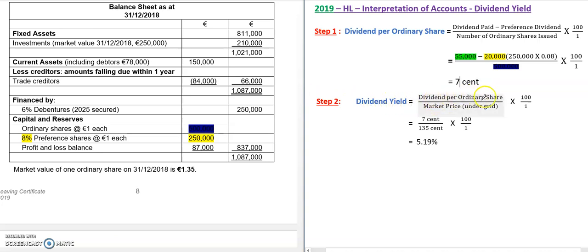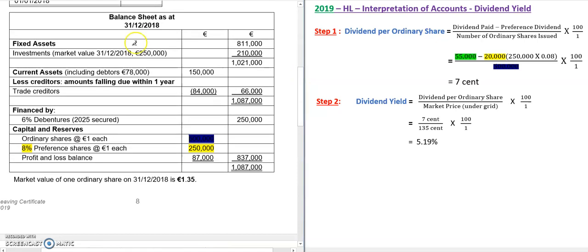Okay, step number two then, we calculate our dividend yield. So it is the dividend per ordinary share, which we just calculated a second ago, which is 7 cents, over the market price. Okay, so you'll find the market price underneath your balance sheet. So here's our balance sheet, and underneath it says market value of one ordinary share on the 31st of the